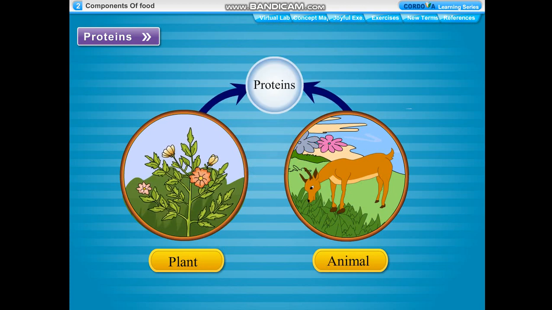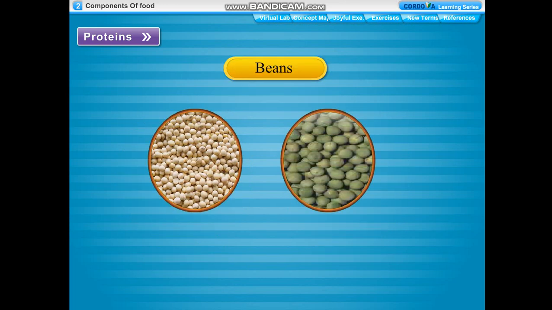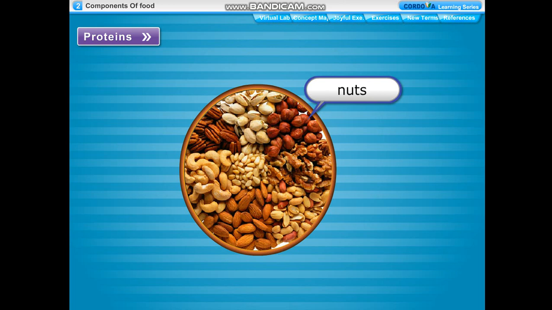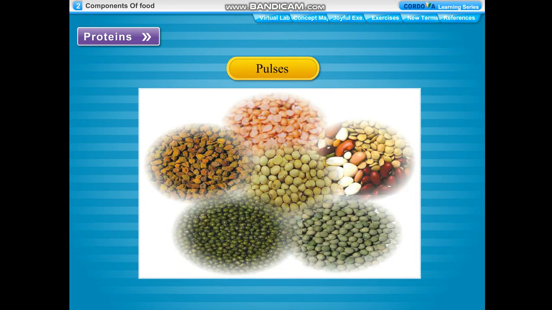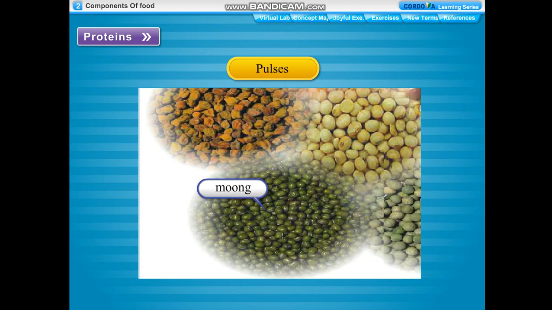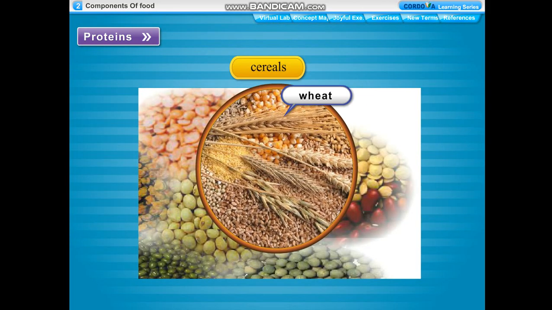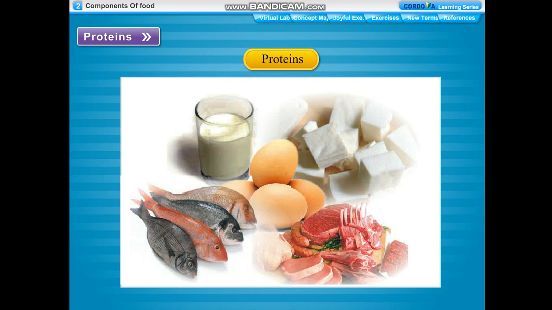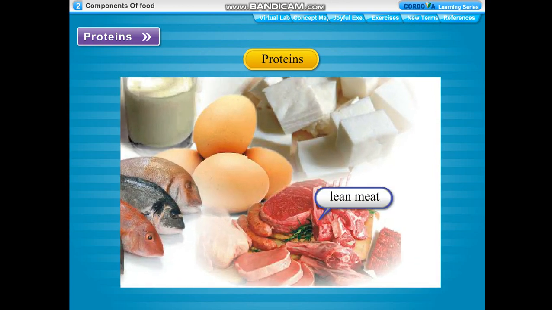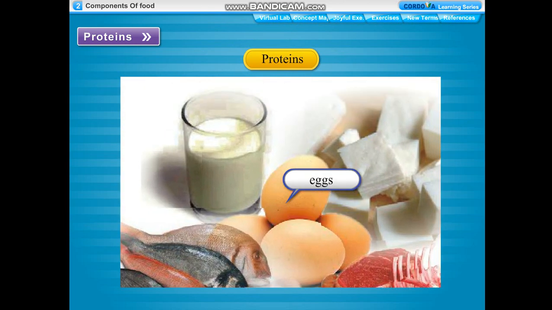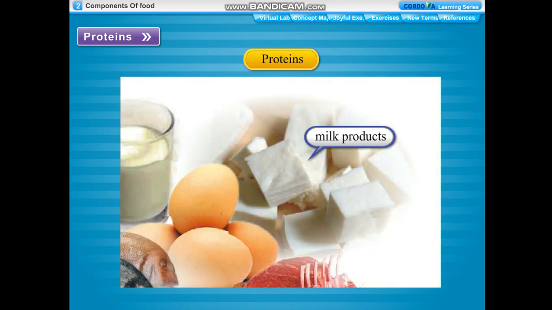The best sources of plant proteins are beans, soya bean and peas, nuts, almonds, cashew nuts and ground nuts, pulses, gram, moong and tur dal, and cereals, maize and wheat. Some of the best sources of animal proteins are lean meat, meat without fat, fish, eggs, milk and milk products,